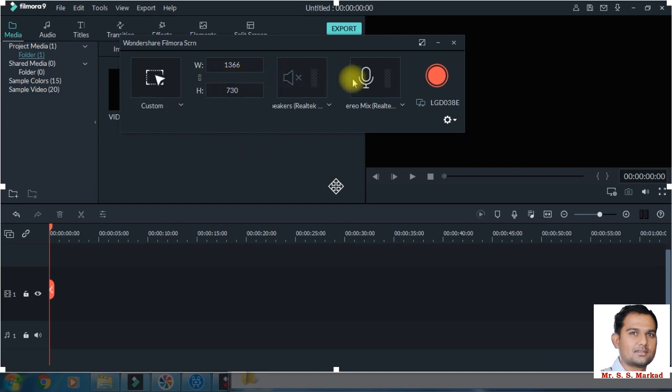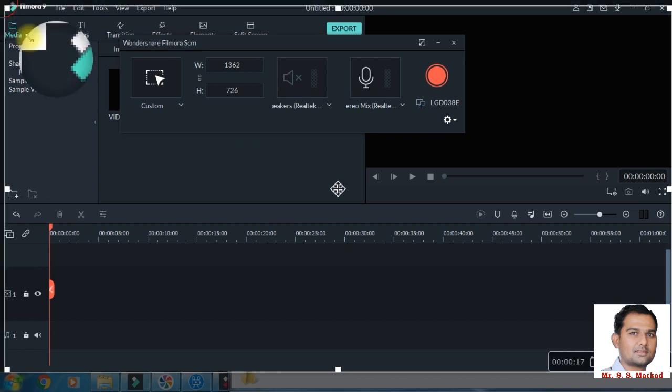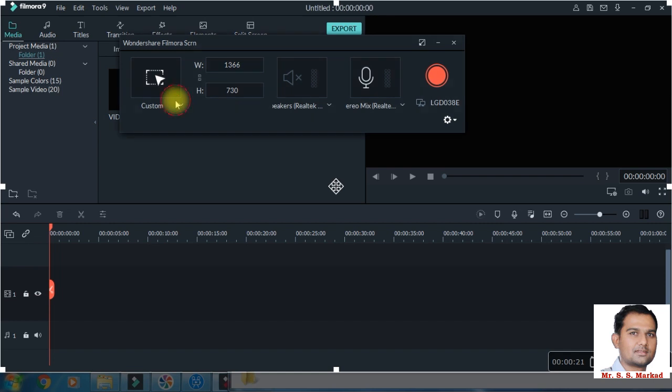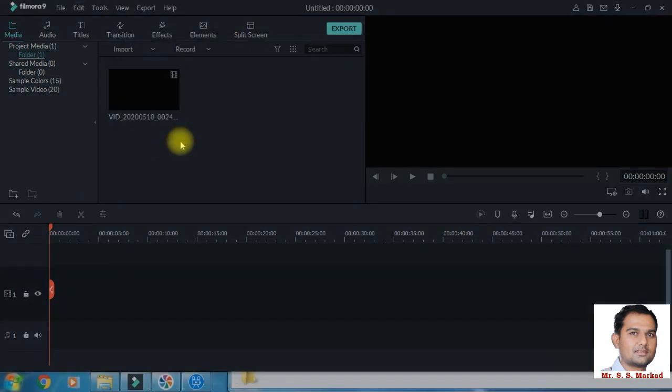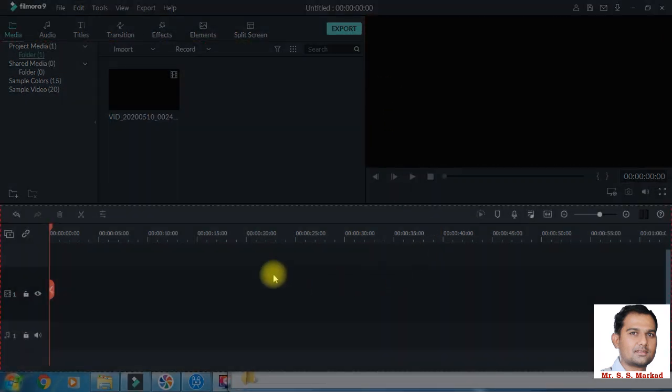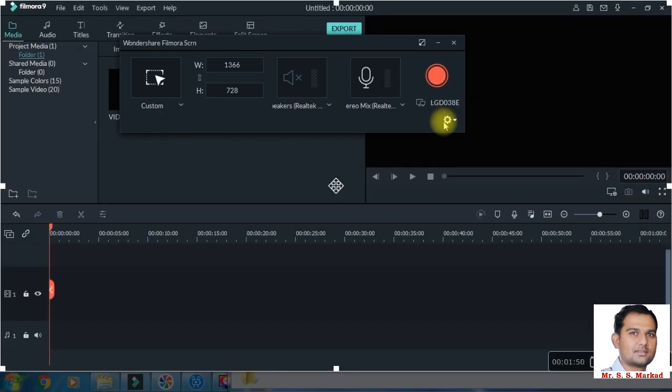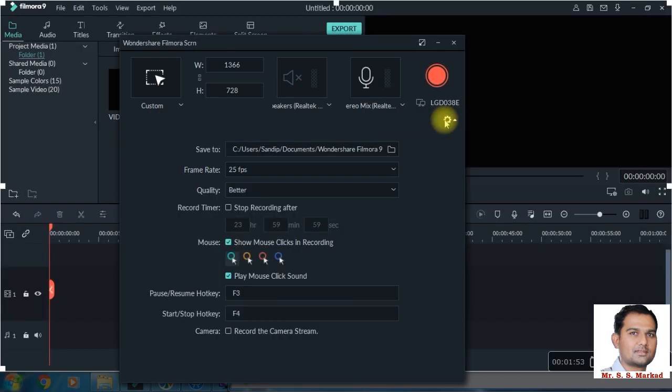There are different options available for PC screen recording. The amount of PC screen to be recorded can be set as full screen, wherein complete PC screen activity will be recorded. In custom mode, a particular screen area can be selected for recording of the activity. Likewise, in target window mode, particular windows of the screen can be selected, and activity of that particular selected window will be recorded. Additional settings for PC screen recording can also be set.